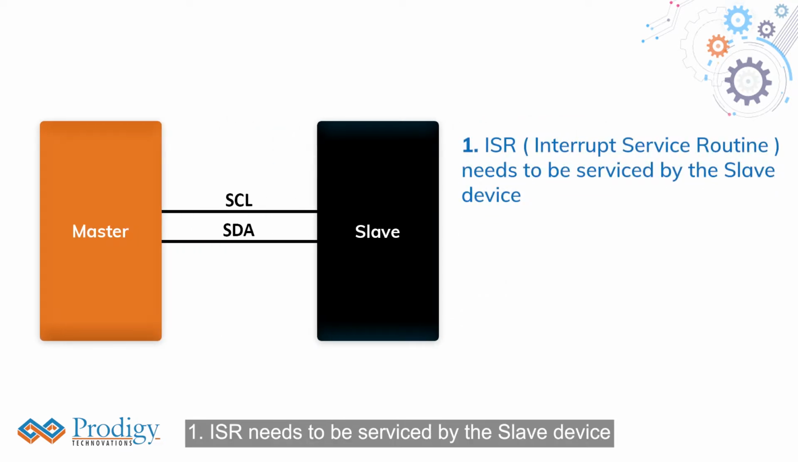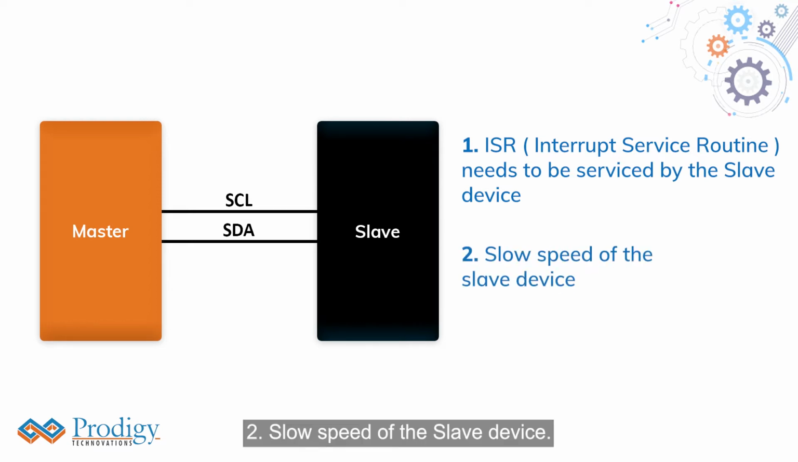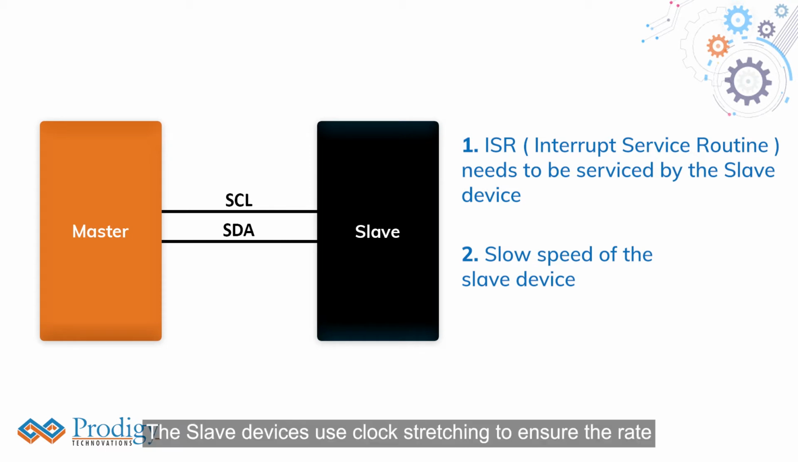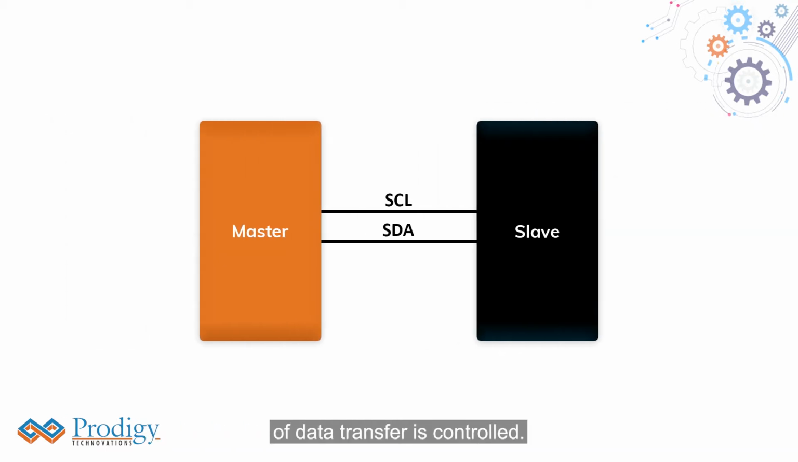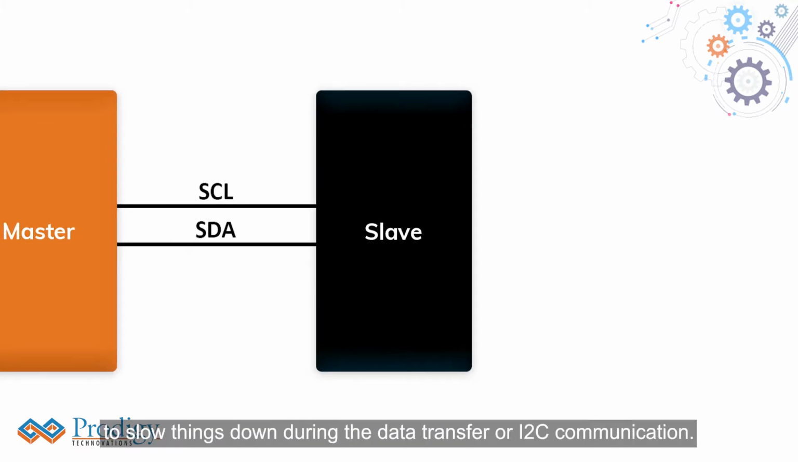1. ISR needs to be serviced by the slave device. 2. Slow speed of the slave device. The slave devices use clock stretching to ensure the rate of data transfer is controlled. Let us now learn how slave devices can use clock stretching to slow things down during the data transfer, or